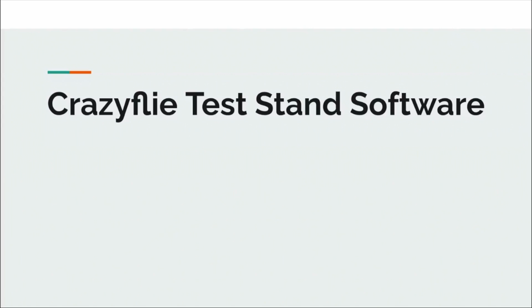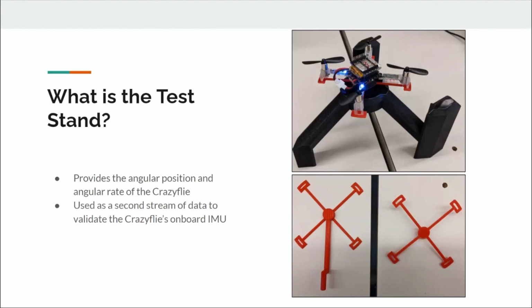Today we'll be talking about the Crazyflie test stand software. To begin with, what is the test stand? The test stand is the physical structure you see here in the top image and is used to restrict the Crazyflie's range of motion, so you can test out different controllers in a controlled environment where you won't harm the